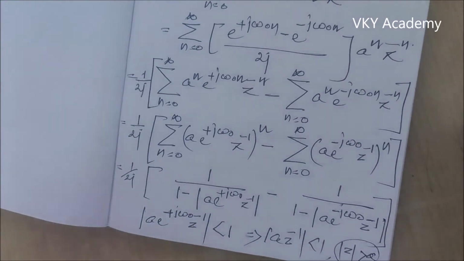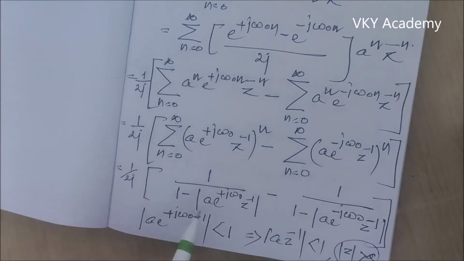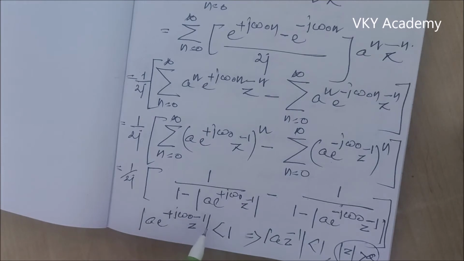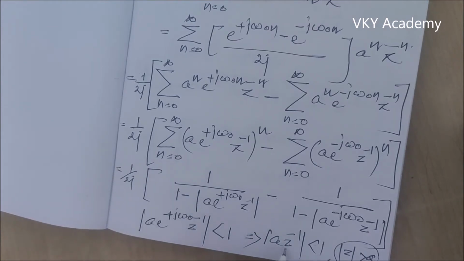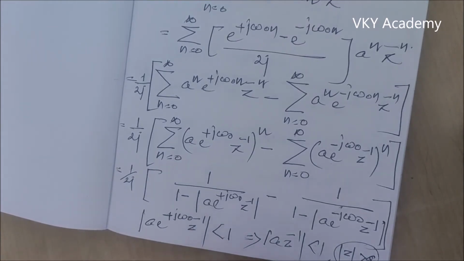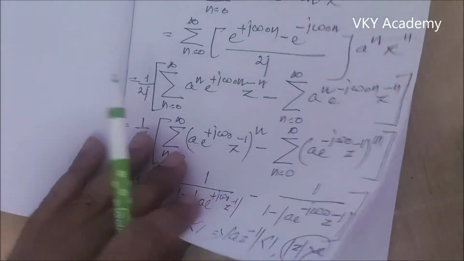Now for this solution we have a condition, or you can say this particular GP series converges at this particular value if this particular condition is satisfied, and the condition is mod of a e to the power j omega naught z inverse less than 1. Now the mod of e to the power j omega naught is always equal to 1, so it can be written as mod of a z inverse is less than 1. Ultimately it is mod z is greater than mod a. So in this way we can determine the region of convergence from this statement. So by solving this particular term further, we get